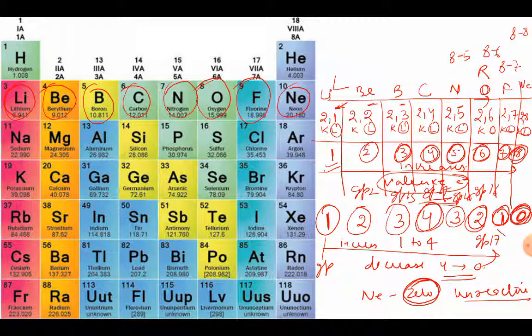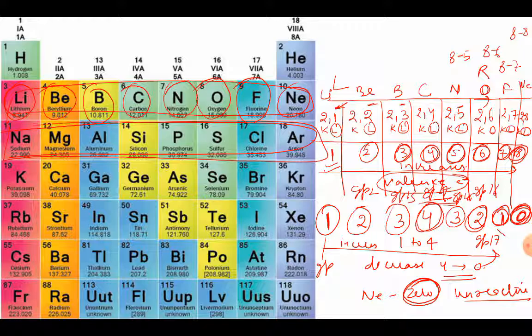So I hope that this topic is absolutely clear to you, and how the valency and valence electrons vary along a group and period is absolutely clear to you. I have discussed period number 2. Apply the same thing to period number 3. Do it yourself. You will then have good knowledge about it, and you can apply it to the rest of the groups also if you want to do it yourself.